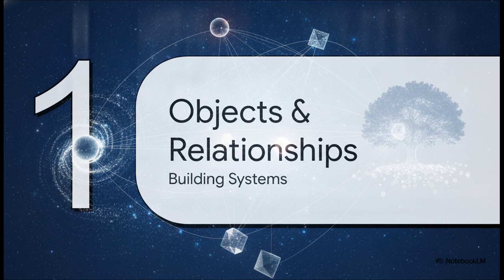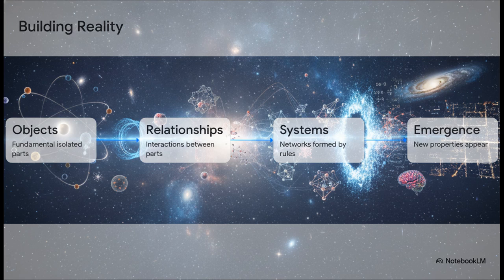Okay, Section 1: Objects, Relationships, and Systems. This right here, this is the intellectual spine of our whole explainer today. If you just look at a single, isolated piece of data, you're totally missing the forest for the trees. Here's how reality actually builds itself up. First, we have objects. These are the basic building blocks, like fundamental particles. But objects don't just sit still in a vacuum. They interact. And that creates relationships. Now, when you have enough relationships operating under specific local rules, they build systems. And when a system reaches a certain level of complexity, boom, we hit our fourth step: emergence.